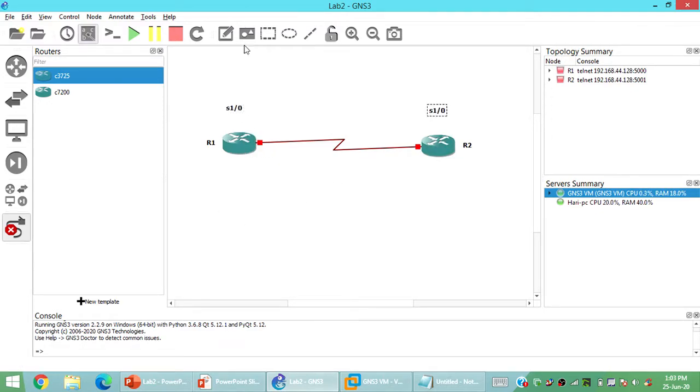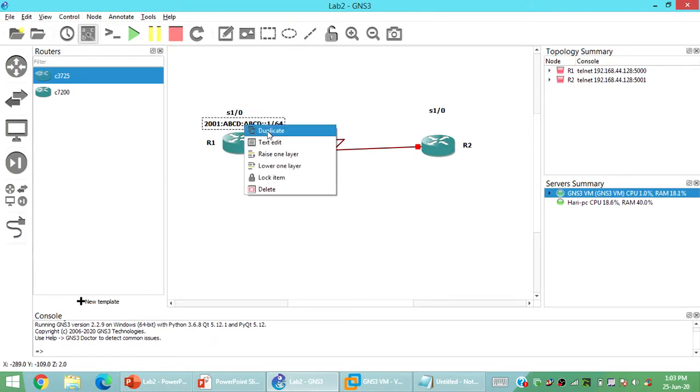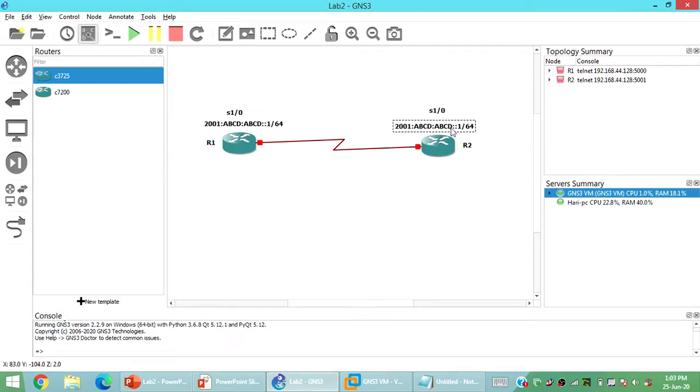And a little bit of technicality as I would like it, I would show it to you: 2001 colon ABCD colon ABCD colon colon 1/64. Okay, so the first router has been completed. Let me duplicate it and paste it on the other router with IP address 2/64 over here and make a little bit of adjustments.